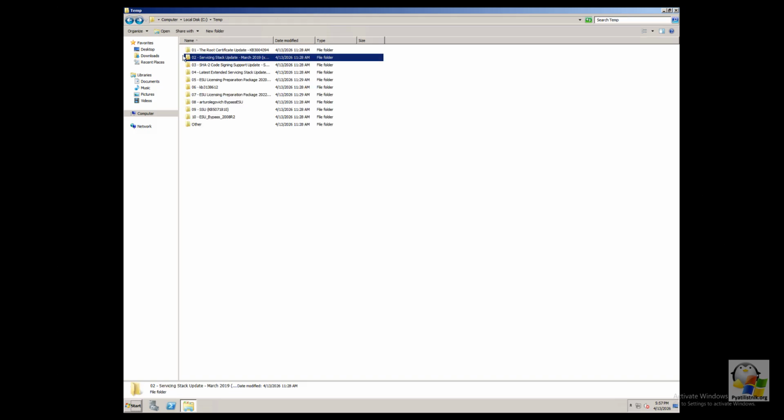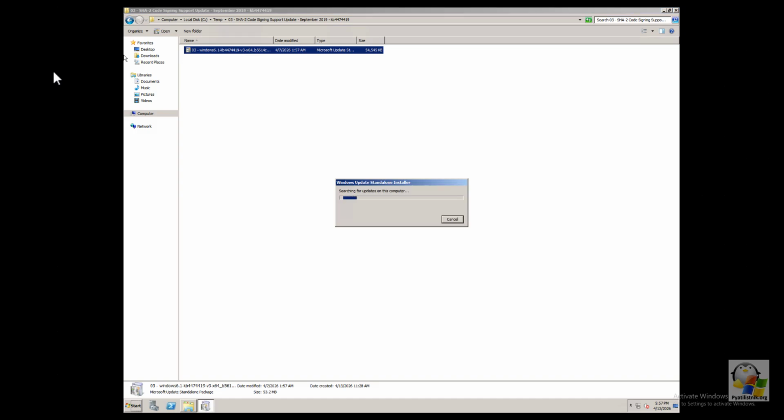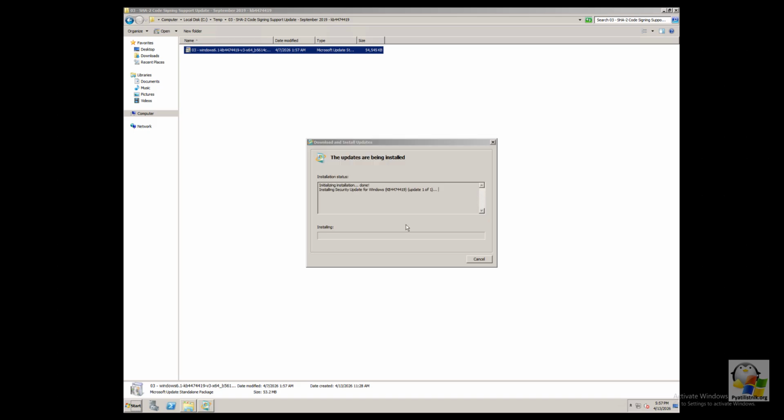Next, install the SHA-2 Code Signing Support Update package. This is a critical security update that adds support for SHA-2, SHA-256, code signing to the operating system. Prior to 2019, Microsoft used the older and less secure SHA-1 algorithm to sign updates, drivers, executable files, and Windows components. Since mid-2019, Microsoft has fully transitioned to an SHA-2 only standard for signing all new Windows updates as well